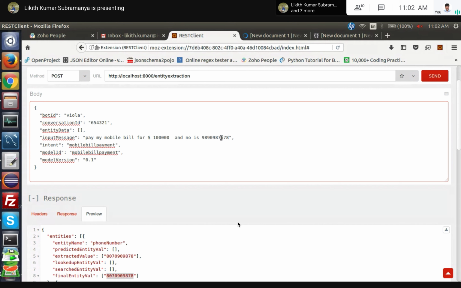Why do we choose this kind of approach instead of modeling? Actually, we can solve that using modeling as well. The problem is, in the case of transfer, the modes of transfer would be IMPS, NEFT, or RTGS, and the account type is either beneficiary account or your own account. There are only two categories there. For these we don't need a model, because a model needs a lot of training and maintenance in the background.